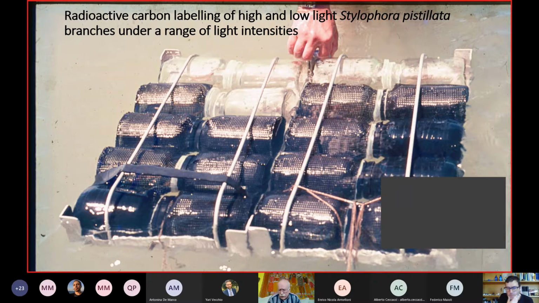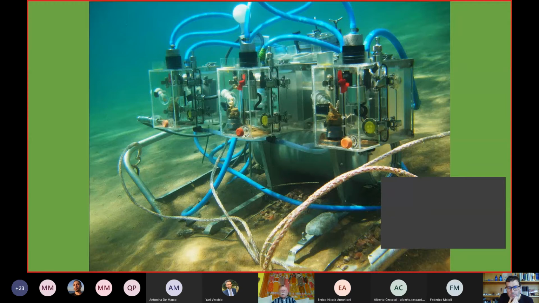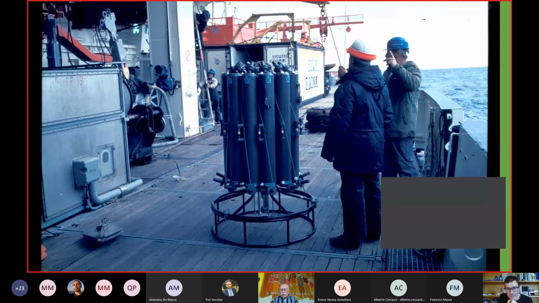In this particular study, we were looking at corals. I should say a few words about this later. Here you can see a machine, a submersible respirometer, where there are electrodes in each chamber. You have 3 replicates, and here we measure photosynthetic rates or respiration rates by the changes in oxygen in any of these chambers.